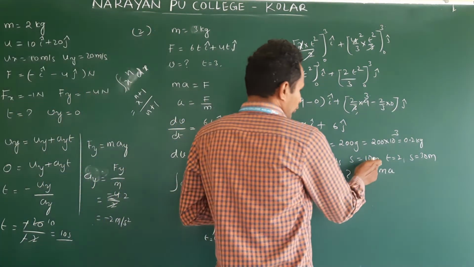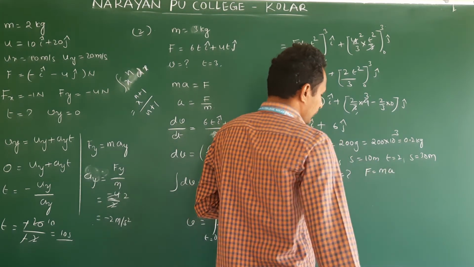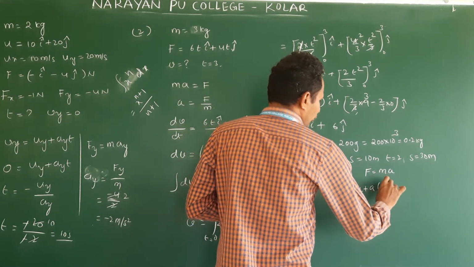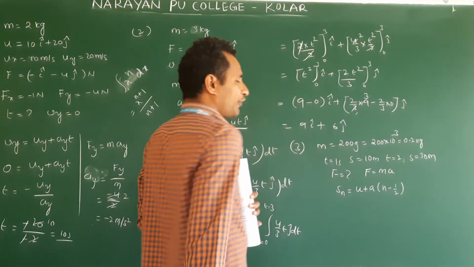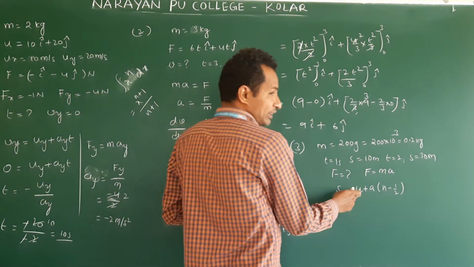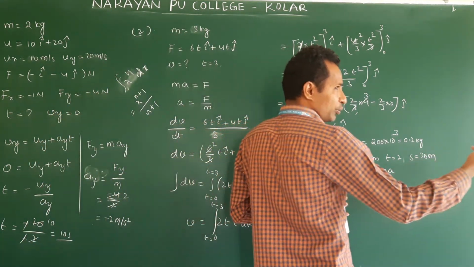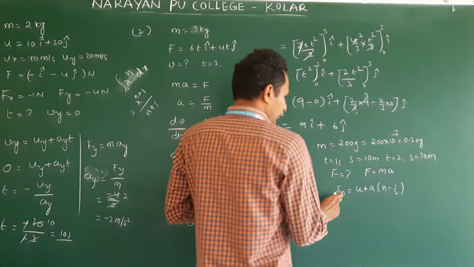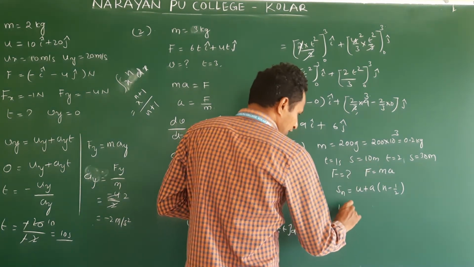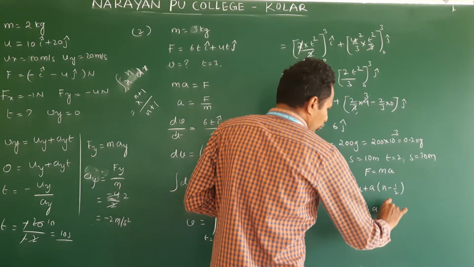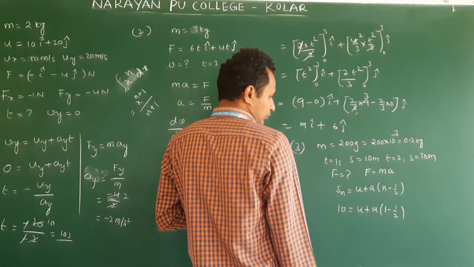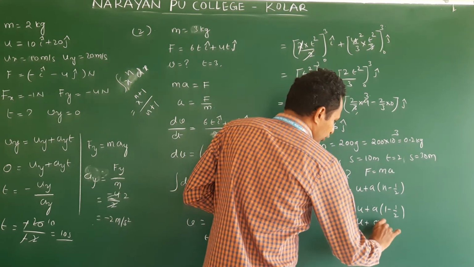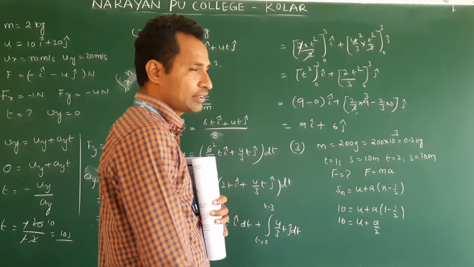They have given information about time and displacement. The displacement in the nth second formula is Sn = u + a(n − 1/2). They did not mention whether it starts from rest or is in motion, so we don't know; since they did not mention rest, it is already in motion. So for the first second I apply the first condition: 10 = u + a(1 − 1/2). Clear? This is 10 = u + a/2, since 1 − 1/2 is 1/2.